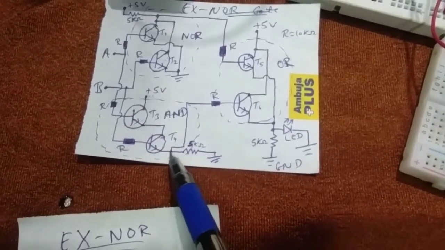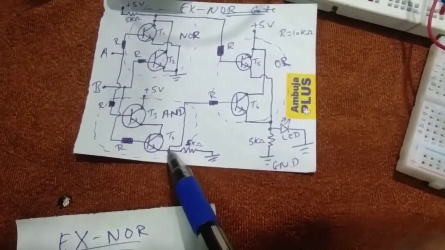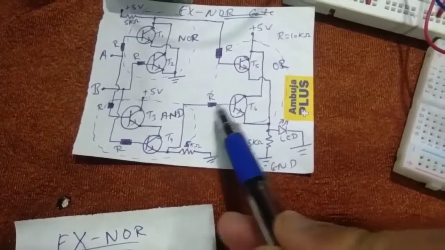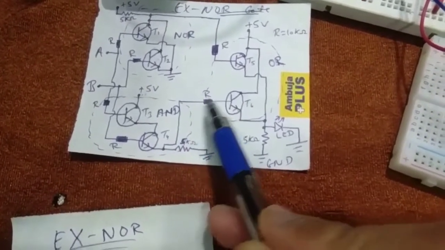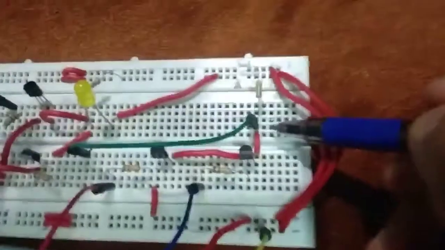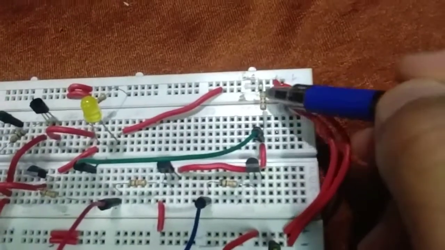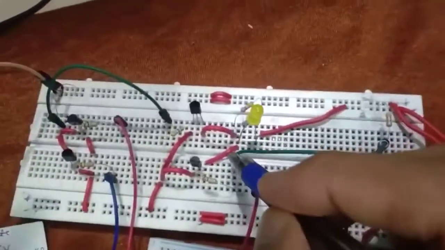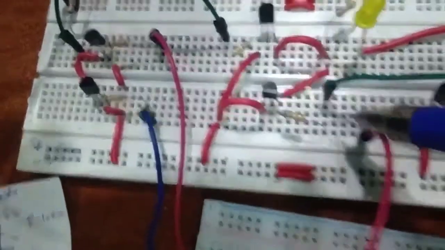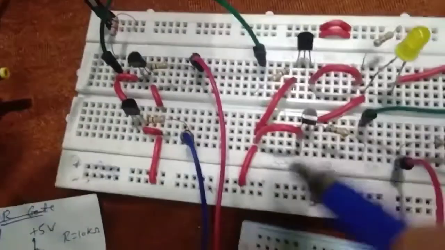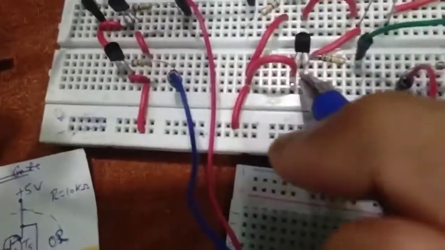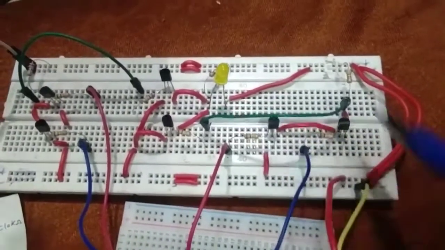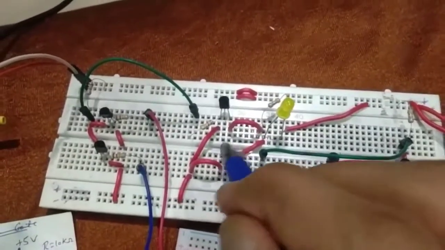Also we have an output connected from this emitter of the T4 transistor to the input of the T6 transistor, that is the base, using a 10 kilo ohm resistor, that is R. As I have shown you, the emitter is connected through this 5 kilo ohm resistor to the ground. Also it is connected to this green wire, which comes here connecting to this 10 kilo ohm resistor, that is R, and is connected to the T6 transistor at the base. So the output of this whole AND gate is the input for transistor T6.